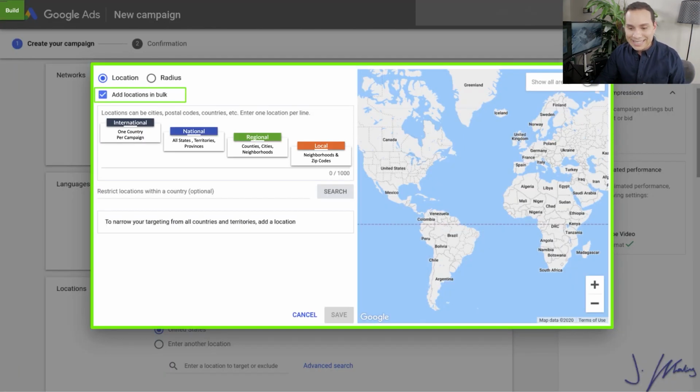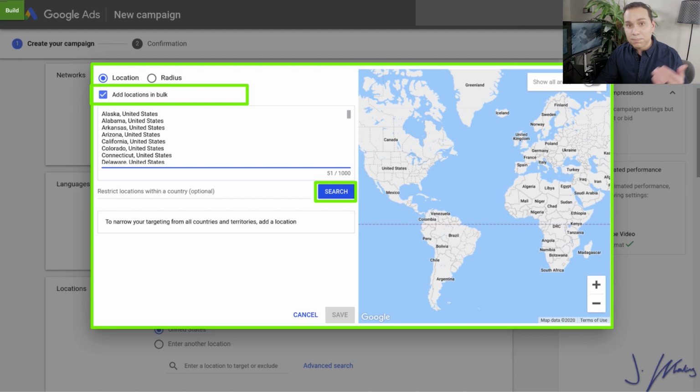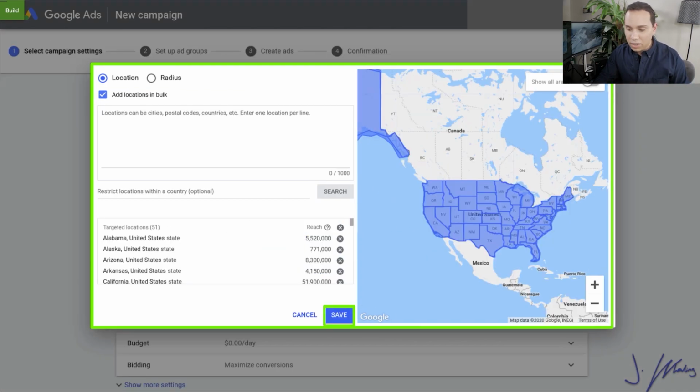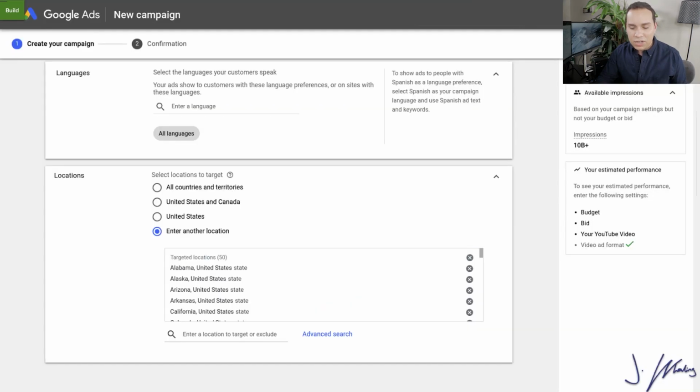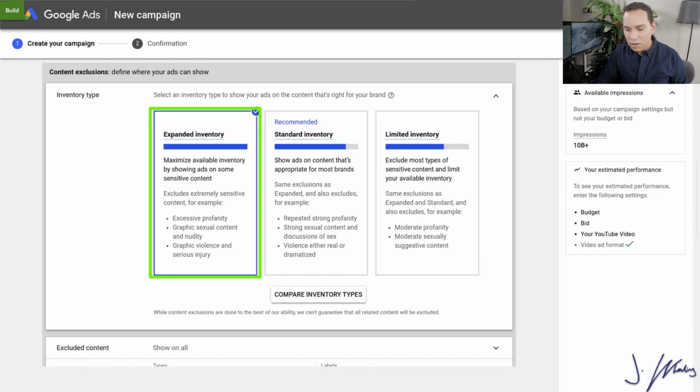But we'd go ahead and select add bulk locations, and then we'd be able to paste in everything that we want to target. So here, I've just gone ahead and pasted in a bunch of states from the United States, and then we can click target all, and now you can see we're targeting all of the states for the US, which means when we're looking at our targeting data, we're actually going to be able to see how many views and subscribers or engagement we got on a per state basis. If we went any lower than this, if we started adding cities or specific zip codes, then the data would be so fractured it would be really hard to figure out what is actually working. So we'll go ahead and call that good to go.